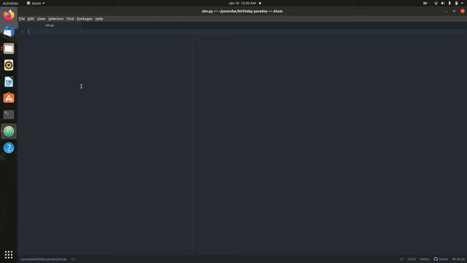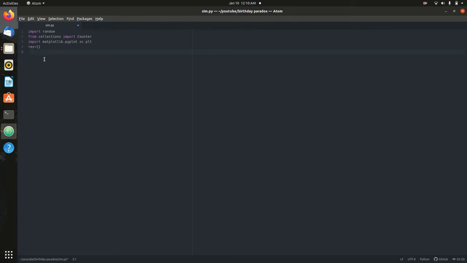So this is our idea for today. We'll be simulating this paradox in our code. To start off, we're going to use the random module, the Counter function, and matplotlib. And we'll also have a dictionary, res.